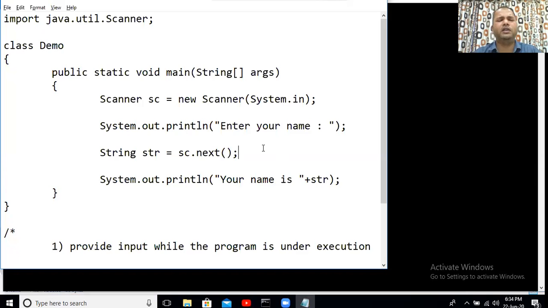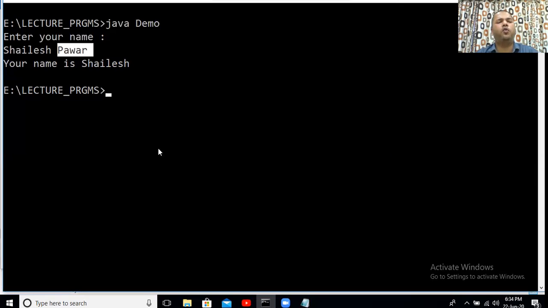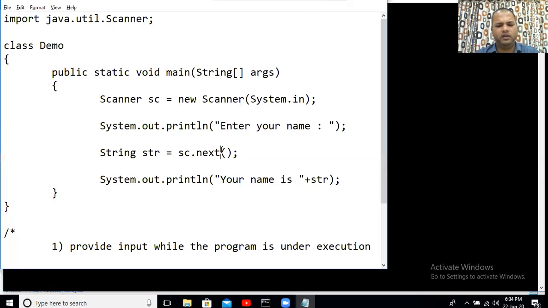So now the question comes up: what should I do so that the program will accept the word Pawar also. If you want that to be done, just make changes to your code. Instead of calling next method, call nextLine method.